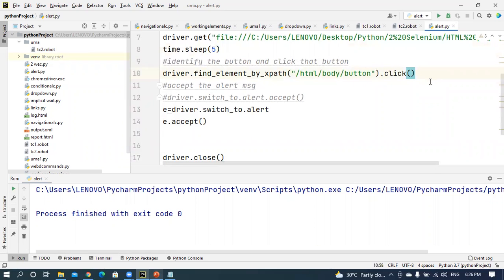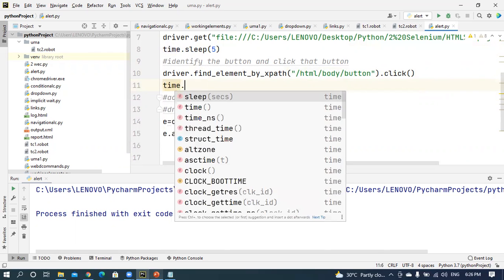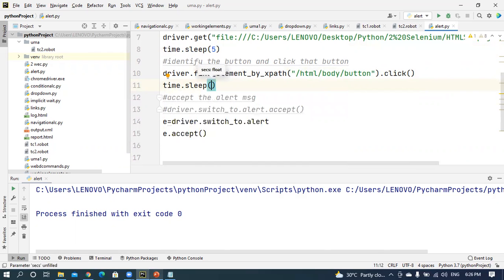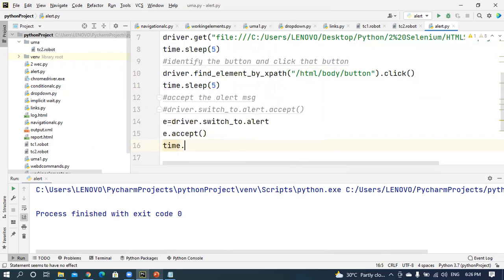You know very well about waits, time.sleep. After completion of accepting this one, I'm going to wait with time.sleep for 5 seconds.